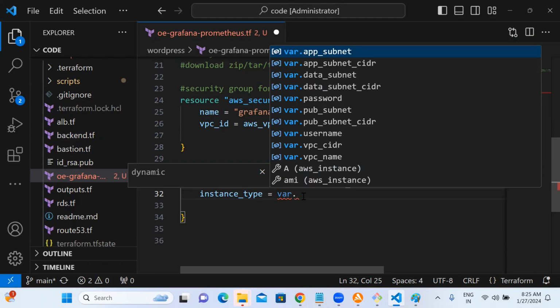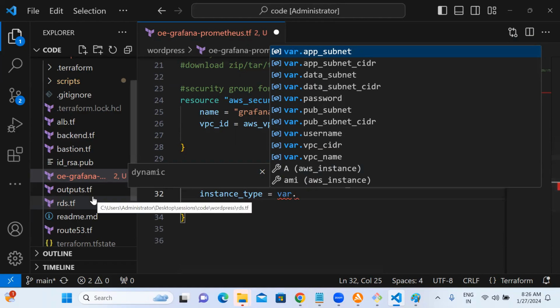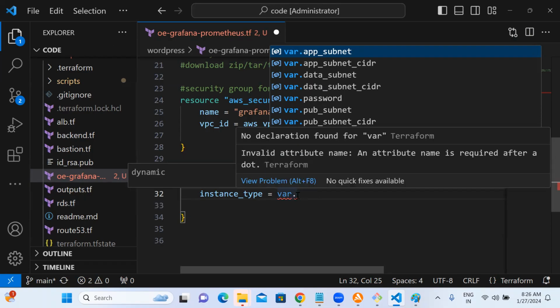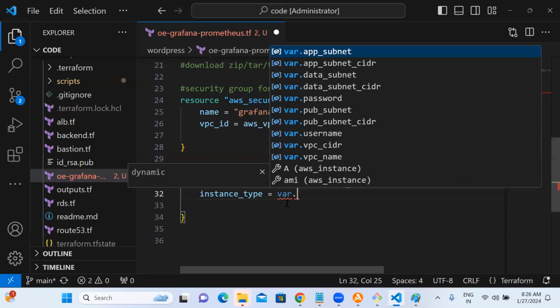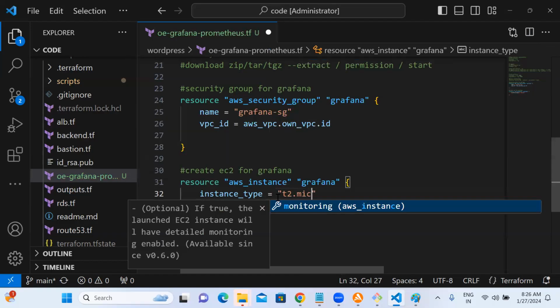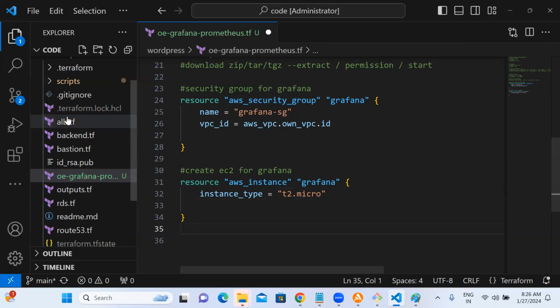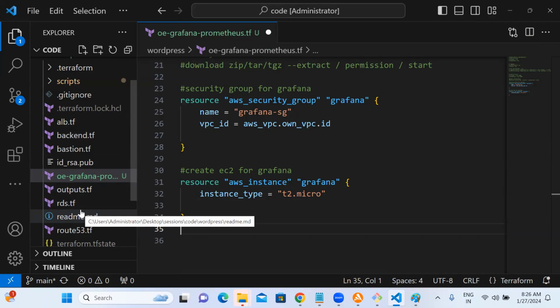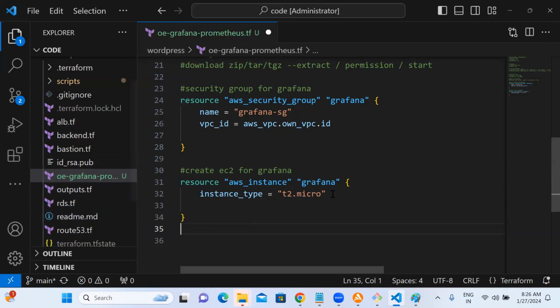In which file do we need to define that key again? Variables file. I don't have default values. Then where do I need to define that value? The tfvars file. Yes, tfvars. Let's go for now, hard coded: t2.micro. I'm requesting you guys, provision from this folder and then at the end of the session, do destroy in your lab, wherever you are practicing, so that it will be easy to bring up immediately.